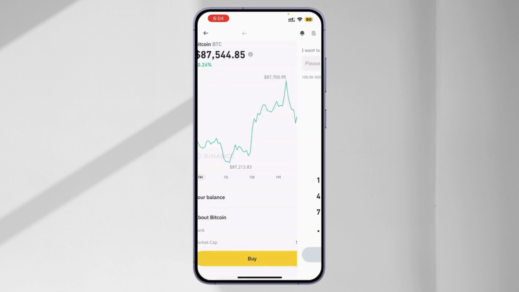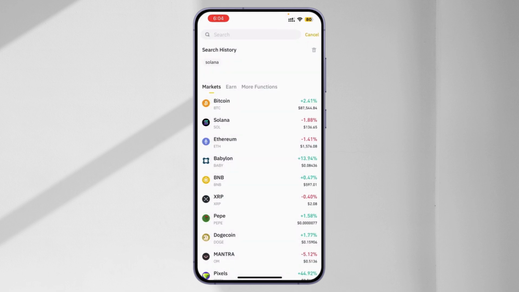I just don't have any Bitcoin, so it is not being able to show, but if you have Bitcoin, you'll see it. To confirm, head to your wallet and you'll see the USDT you just converted from Bitcoin. And that's it. That's how you convert BTC to USDT on